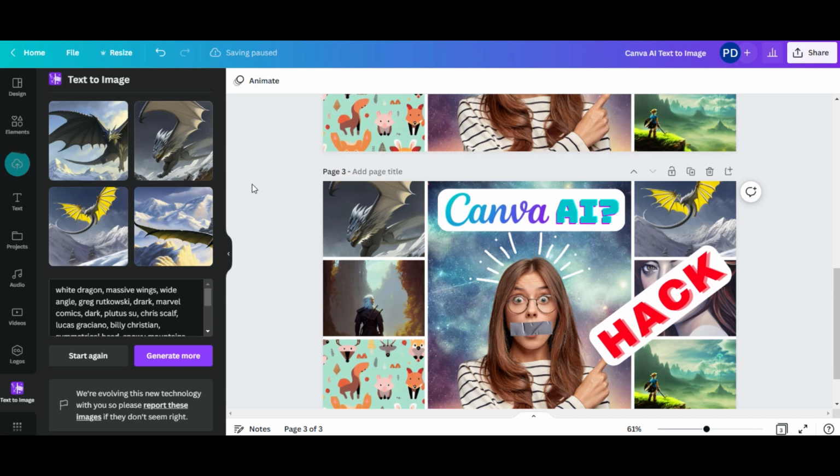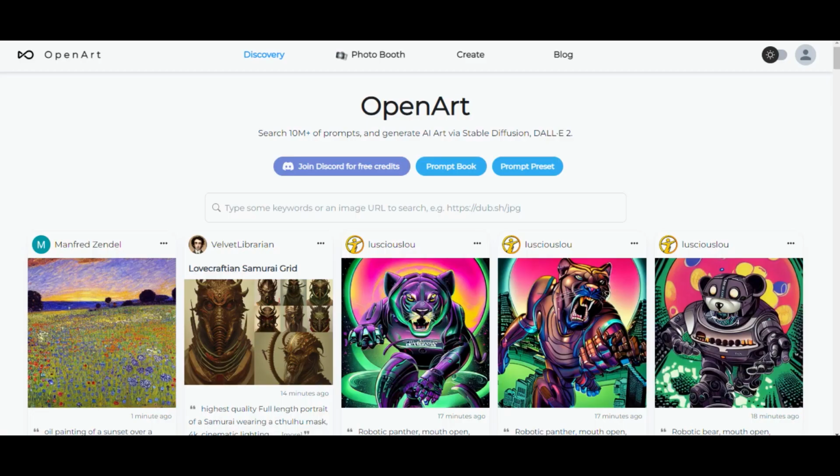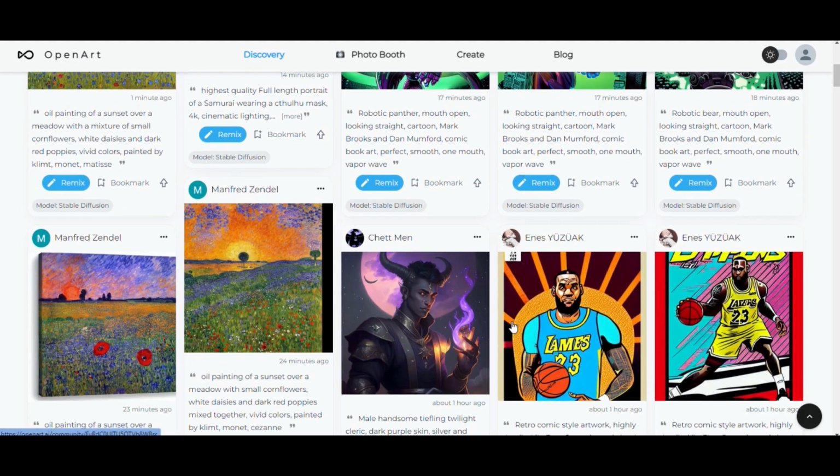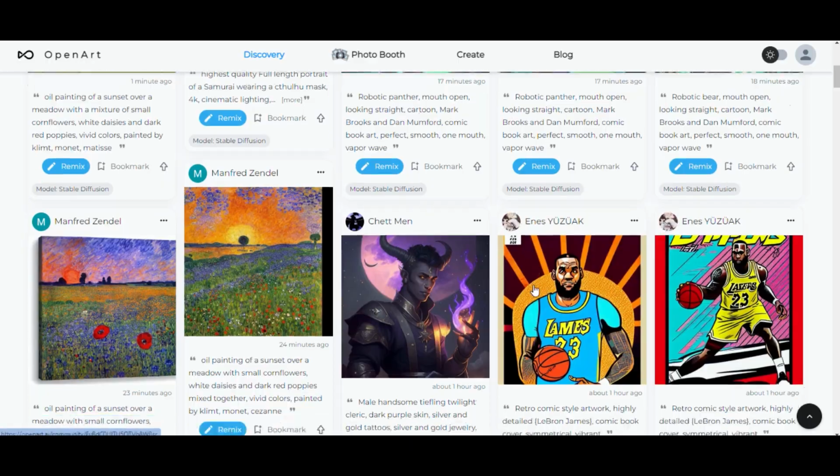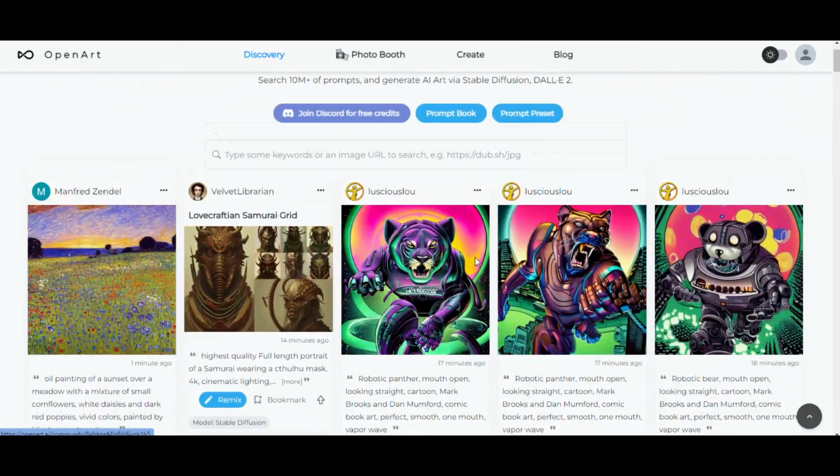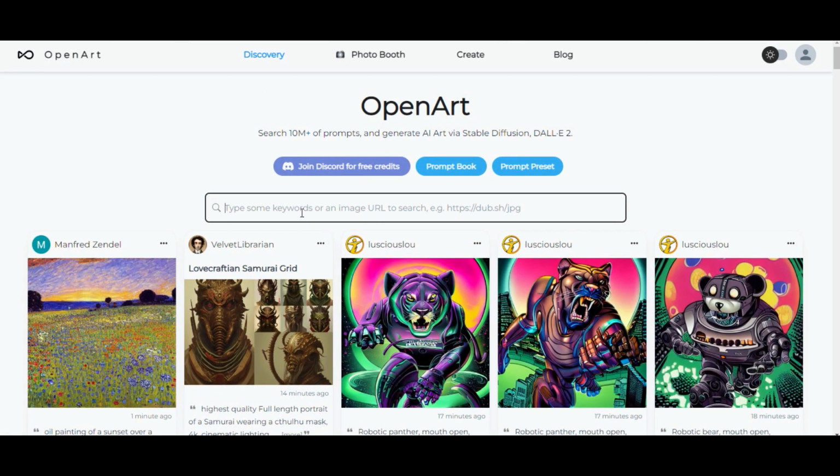And then while we're here, I want to show you another great site that I found with some great presets, and that site is called openart.ai. It's similar to Lexica in that it gives you the prompts that are used for each of the images. You can also search, so we can search for